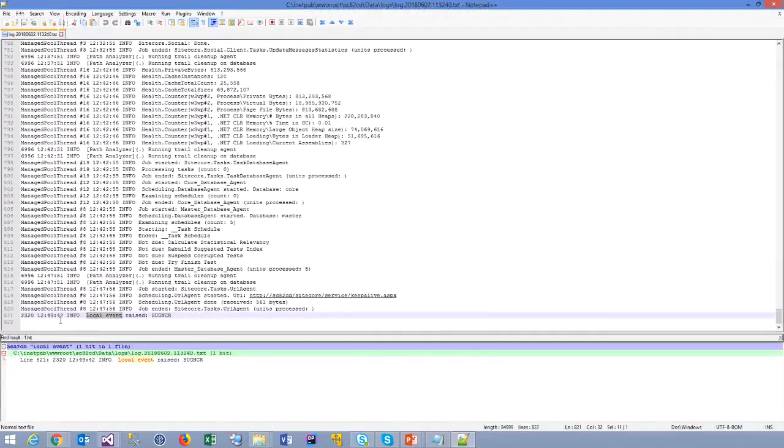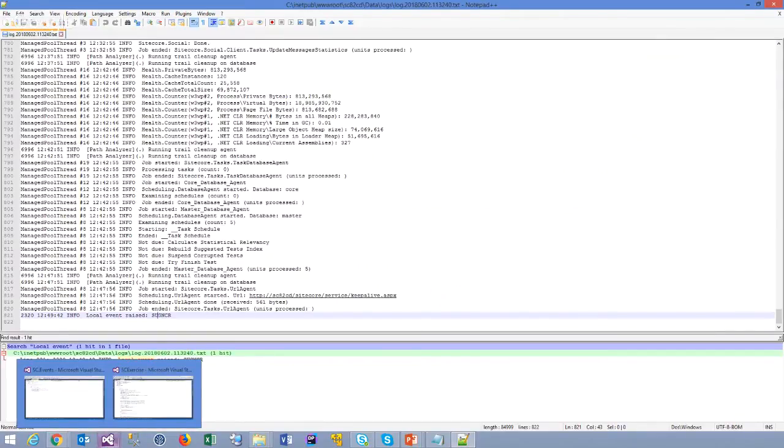We have this one. So this means that our local event has been executed successfully. So this was just an example. I have just added a log entry, but you can do whatever you need as per your business needs